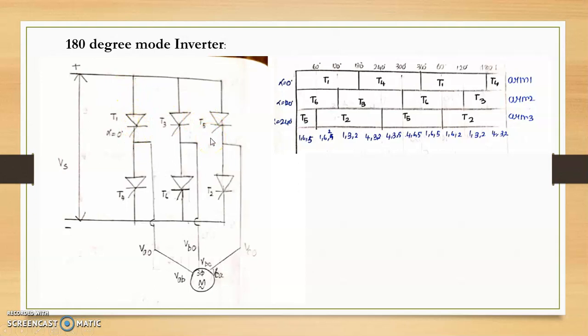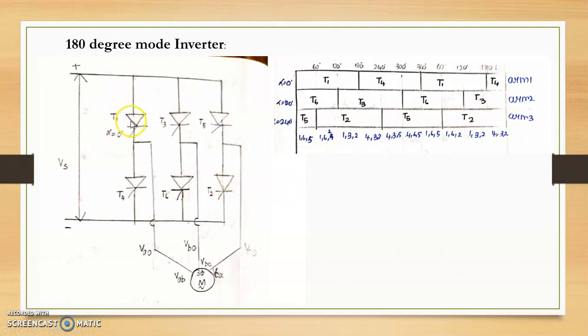pulse generating inverter. Here arm 1 will have T1, T4. The numbering depends upon your identification, or for simplicity you can name them whatever numbers you like. Here I name them T1, T3, T5, the odd numbers on the upper side, and T4, T6, T2, the even numbers on the lower side, for simplicity. So the upper arm switches are responsible for the positive switches and the lower arm switches are responsible for the negative switches.